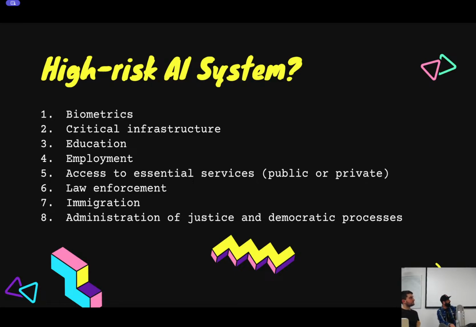And so what's in this next category of risk down, high-risk AI systems? I'm kind of distilling this a little bit, but here are some categories to memorize, because these are pretty much going to fall into high-risk AI systems if you're working on them. Anything with biometrics, critical infrastructure, education, employment, access to essential services, whether those are public or private, anything with law enforcement, anything with immigration, anything having to do with the administration of justice or with the democratic process, voting systems and things like that. These are probably going to fall into your high-risk system category. And again, this stuff is pretty heavily regulated.